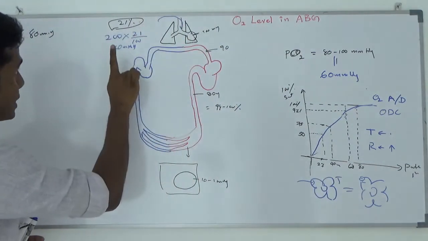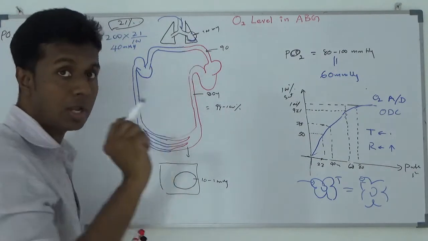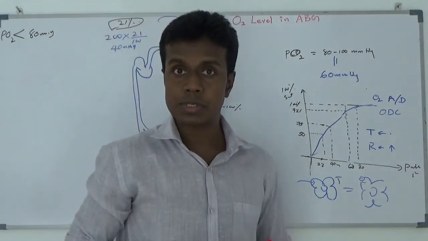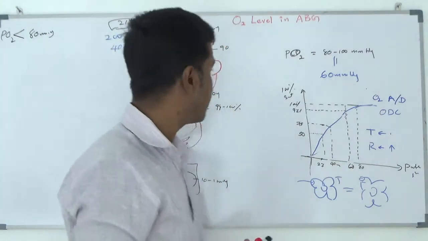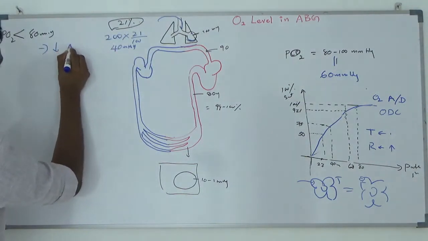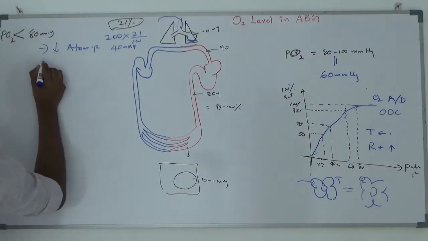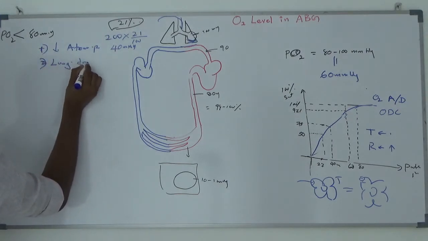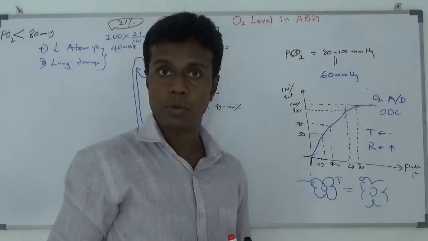In addition to that, if you have some lung pathologies, such as thickening of the alveolar capillary membrane or thickening of the blood vessels, it will lead to lesser transfer of oxygen into the blood. Because of that, your patient can have low partial pressure. Number one, due to low atmospheric pressure. Number two, lung damage. During these two processes, the patient develops hypoxia.